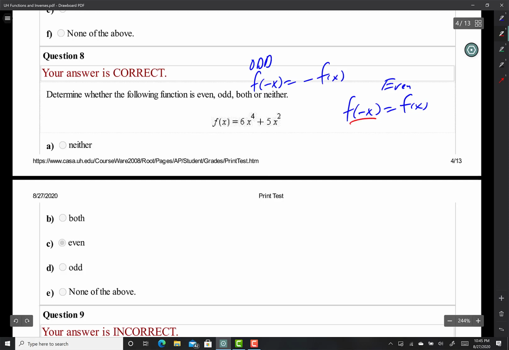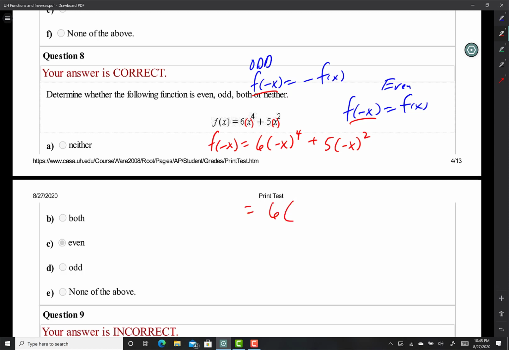So, in both cases, I'm going to type in a -x and see what I get. f of -x equals 6(-x) to the 4th power plus 5(-x) to the 2nd power. When I do that, you get 6 times x times x times x times x. Negative times negative times negative times negative is a positive, so you have x to the 4th. I didn't have to put parentheses there. And -x times -x is just x squared. So I have 6x to the 4th plus 5x squared, which happens to be that function,